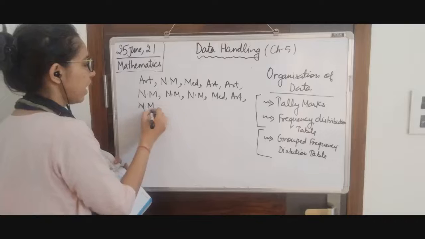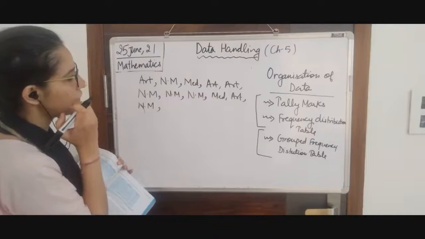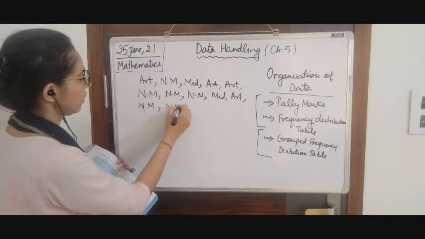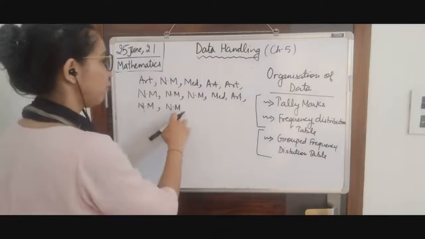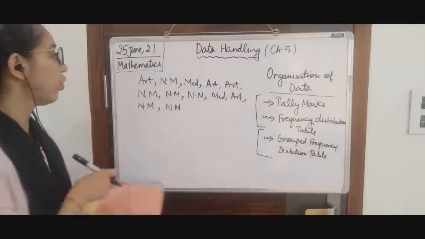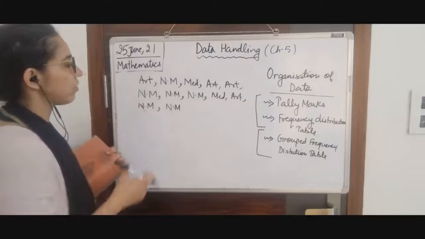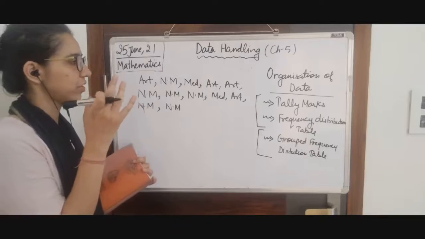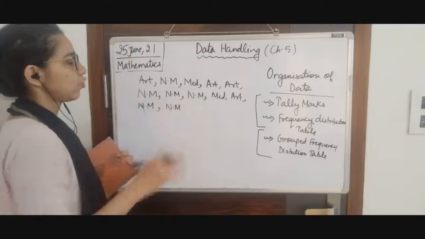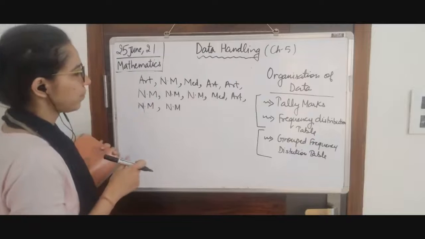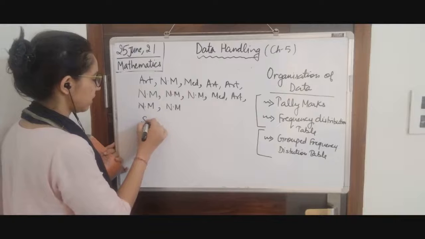Collecting the data, and now after collection of data, suppose one more non-medical, okay, 1 2 3 4 1 2. After collection of data, we want to organize it. Because here we can't make any inference from this data, we are just making a conclusion that these are the choices, nothing more. So we will organize it.